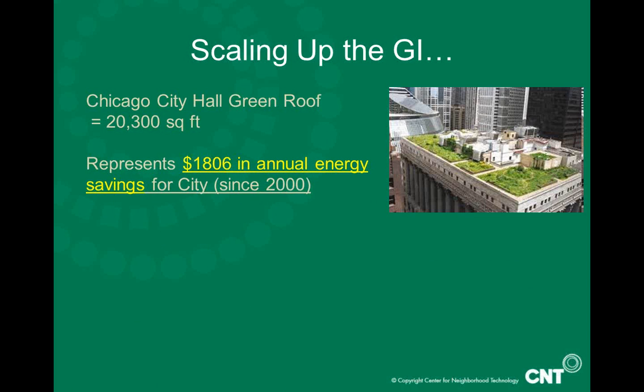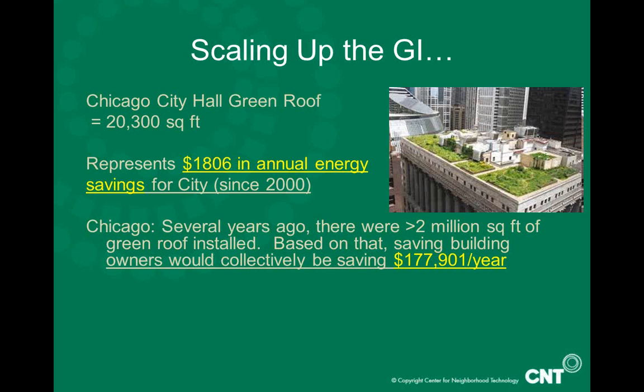And that represents, according to our equation, $1,800 or so in annual savings every year since the year 2000 when they built it. And then just to add more scaling up to that, about 5 years ago when I first started working at CNT, we were told that the city had already built about 2 million square feet of green roof. Through its green roof credit policy, or it did, it encouraged people to build green roofs, and that represented a savings to the building owners on an annual basis of over